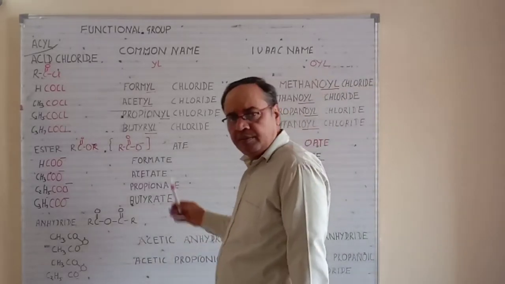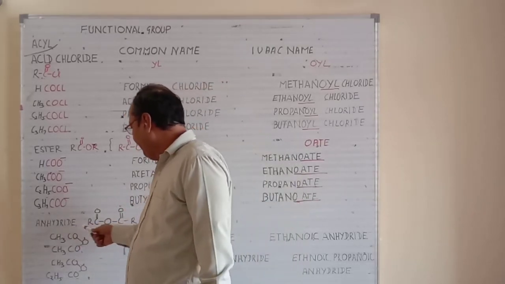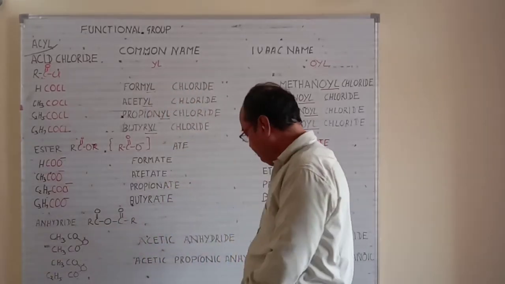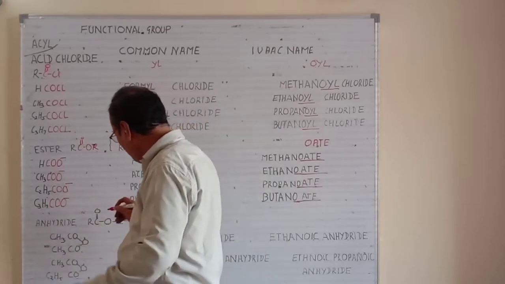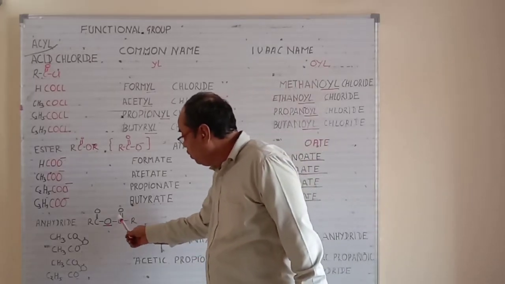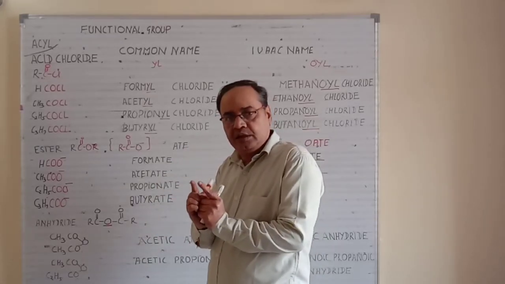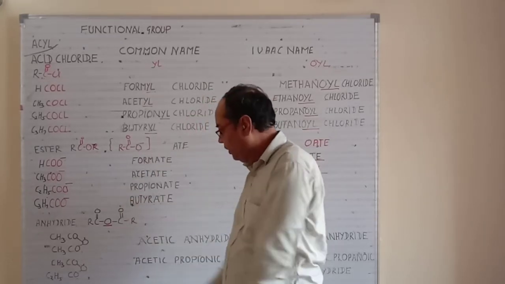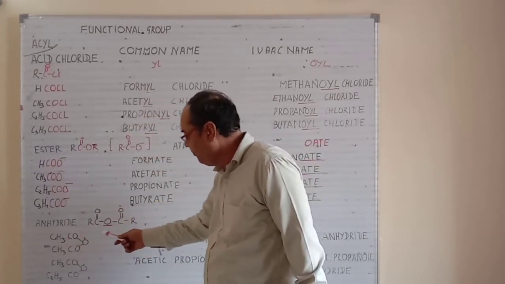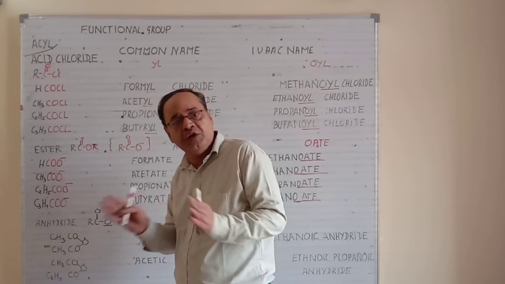So in this topic, next I will just give you a few names for this. This is the concept. Next group we have anhydride, RCOOCOR. In this continuation, look carefully at this oxygen. If there are two same groups around this oxygen, we have to write it only once, and it will have the naming of the carboxylic acid. For example, we have CH3 here and CH3 here, both are the same. But we will write it once because the carbon chain has been broken by this oxygen, so the carbon chain is not in continuation.